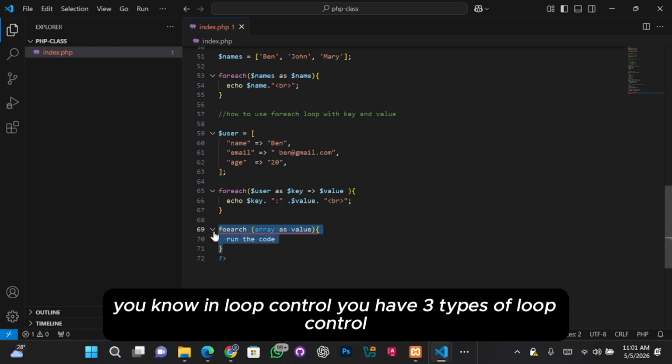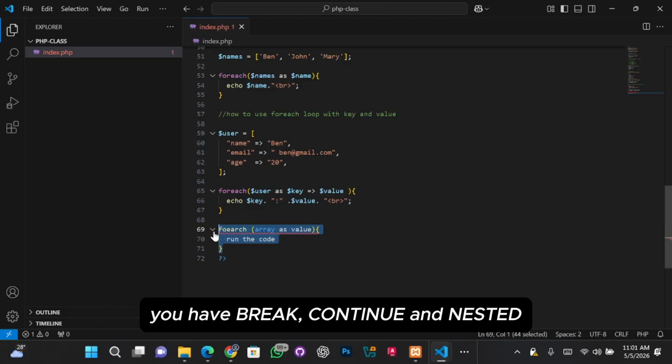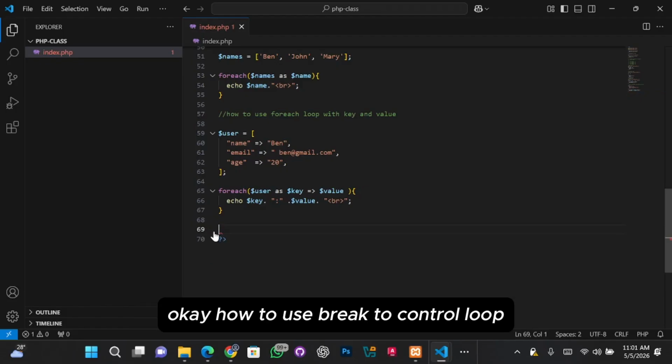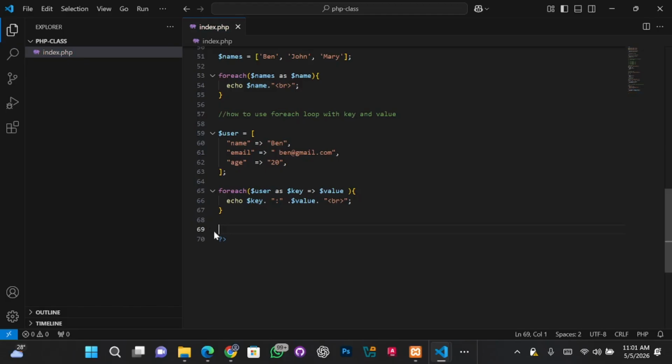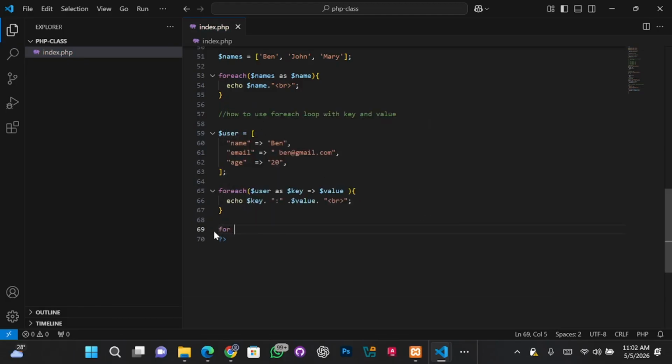In loop control, they have three types of loop control. You have break, continue, and nested. Okay, how to use break to control a loop? Whenever you do something like this, for